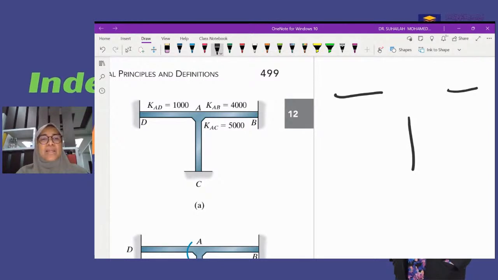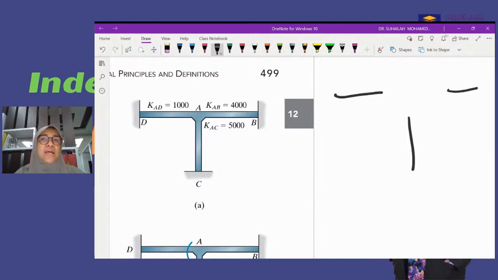Okay, three elements like this. Distribution factor means if we have only one value of K for one element or one member, so for member AD we have one value, for member AB one value, for member AC one value, just like what we have done previously in the stiffness matrix method, where we determine the element stiffness matrices. But whenever we want to calculate distribution factor,